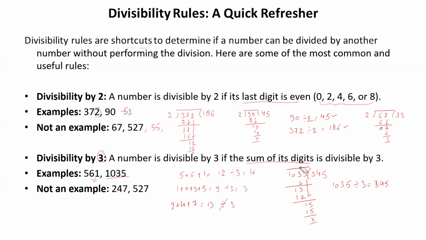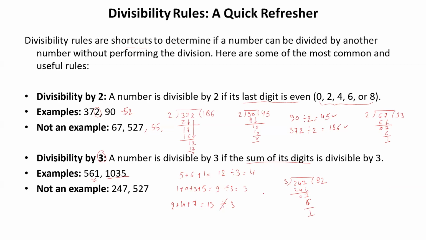Let's check whether you can divide it by 3 or not. Because you know that if the sum of the digits is divisible by 3, then you can divide that number by 3. Now here you can see that for 247, the sum of the digits is 13, which is not divisible by 3. Now just do the division and check whether 247 is divisible by 3. So in 8 times, you will get 24, nothing. You will get 0 over here. Take 7 down. And you know that 7 you cannot divide by 3. Remainder is 1. So the rule is correct.